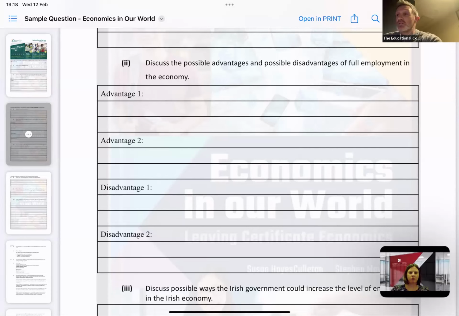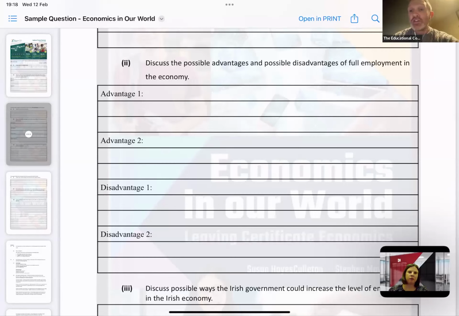In fairness, I don't think there's any exam since 2021, since the new spec has come in, where you've been asked for more than 4 points. And you compare that to where we were with the old course, where you could be asked for 5 points. And that is a change. 4 points generally has been the most that they've been asked for, and I think that was the assumptions for one of the market structures. So again, I've labeled it here to make it easier for the students. So they've had advantage 1, advantage 2.